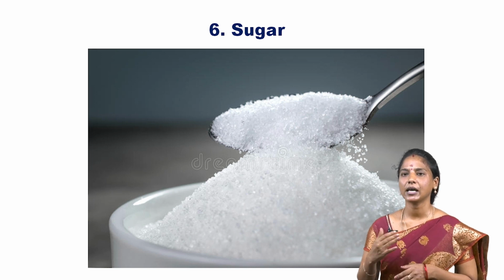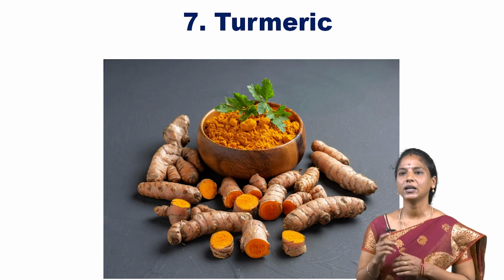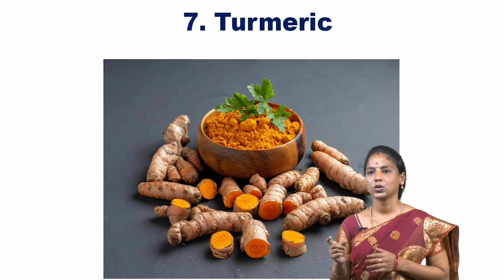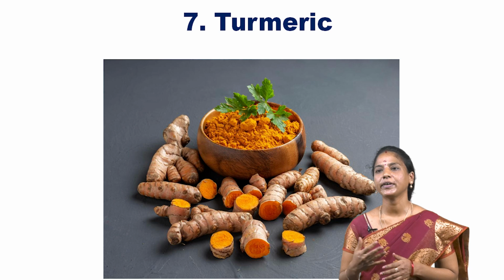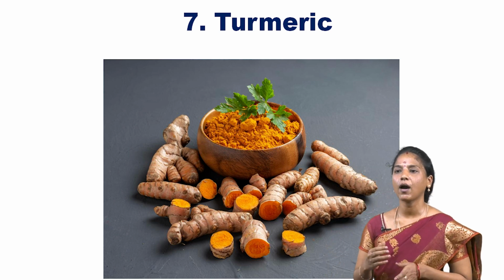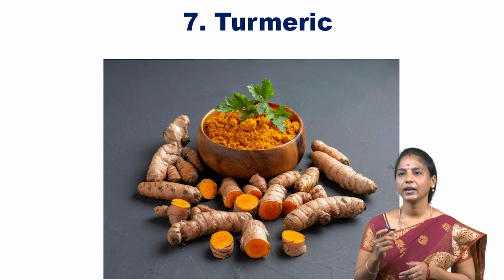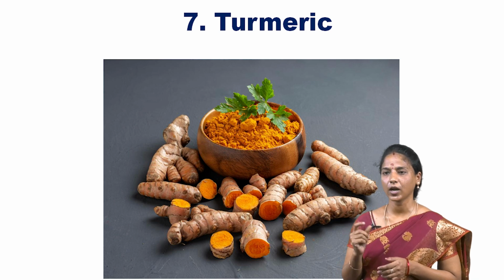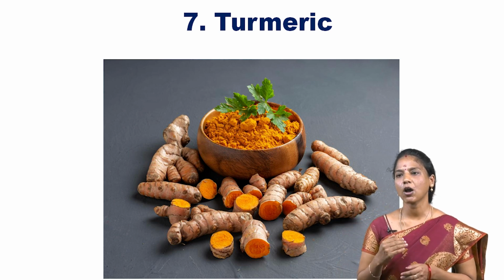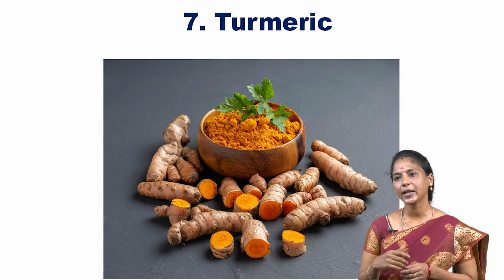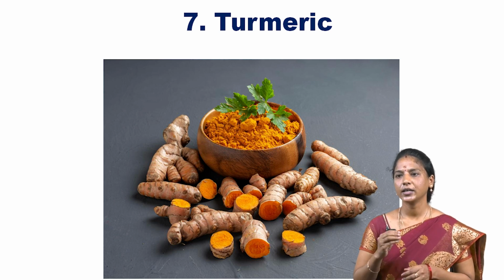Seventh one is turmeric. The adulterant is coloring agent, the test for metanil yellow. Method of detection: take a teaspoonful of turmeric powder in a test tube. Add a few drops of concentrated hydrochloric acid. Instant appearance of violet color which disappears on dilution with water. If the color